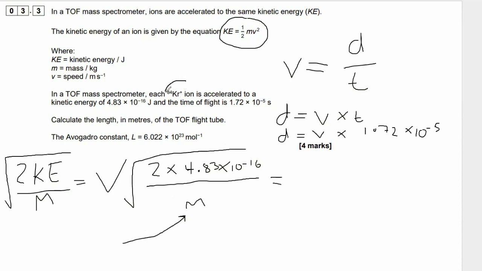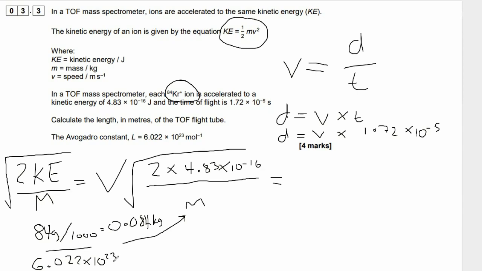Well, we've got our krypton-84 positive ion over here, and that tells us that 1 mole is equal to 84 grams, but we need to convert it into kilograms because the KE equation uses kilograms for mass. So we divide by 1,000, we get 0.084 kg. Now, that's for a whole mole. We want it for 1 ion, so we're going to divide by L, or Avogadro's constant, and that's going to give us our mass, 0.084 over 6.022 times 10 to the 23, and we get